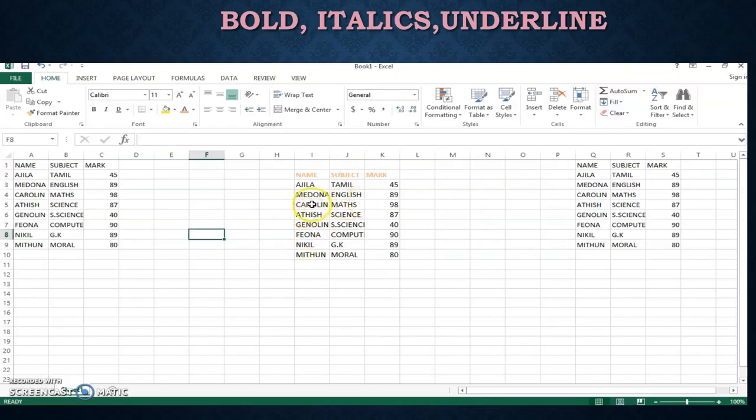Okay, I will do one more thing. One more piece of data I am selecting and clicking the bold button. Now it changed into bold. Can you see the difference? You can give it to all the headings. You can select it and click the bold button. Next, I am giving italic. Italic means it will change slightly. Then underline: there are single underline and double underline options. Whichever one you want, give underline or double underline. This is your choice. That's all about bold, italic and underline.